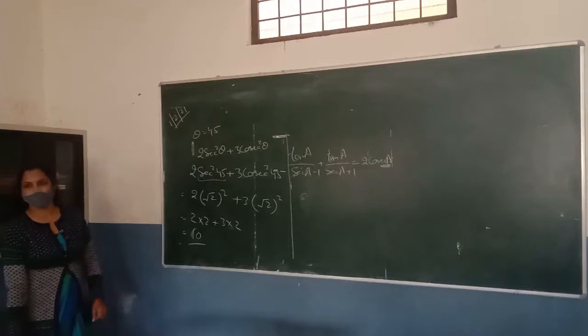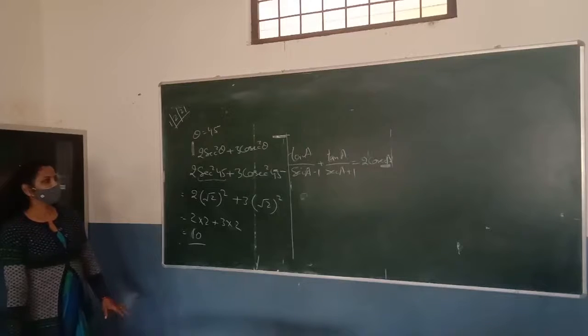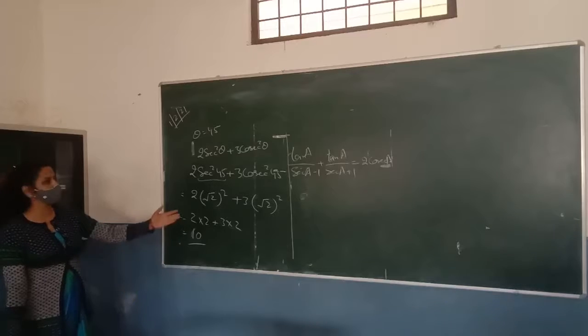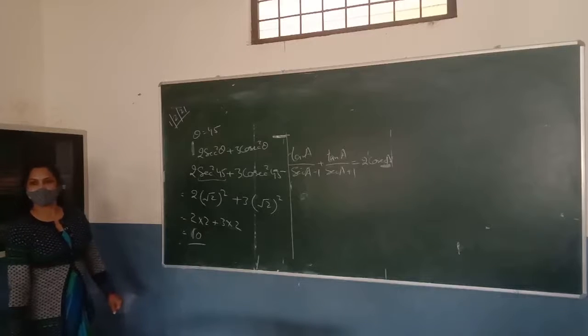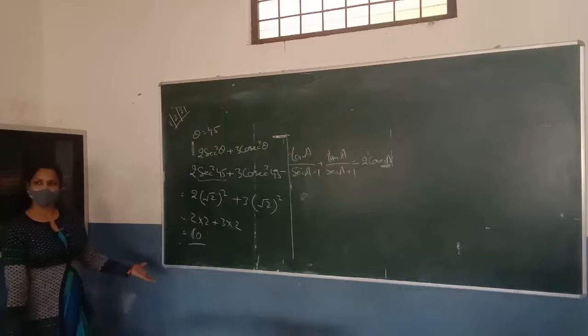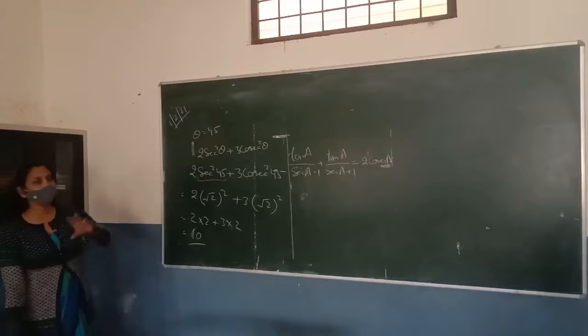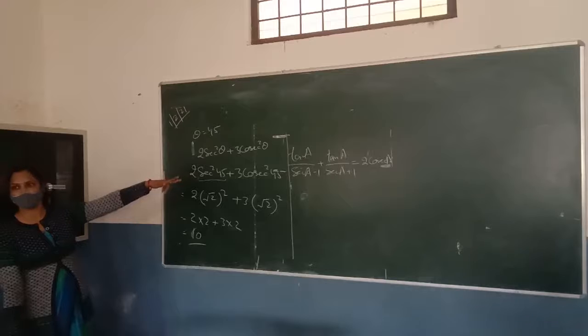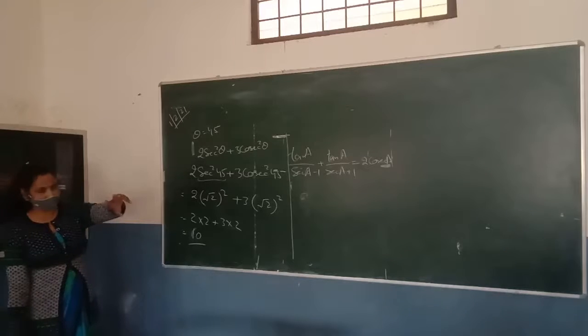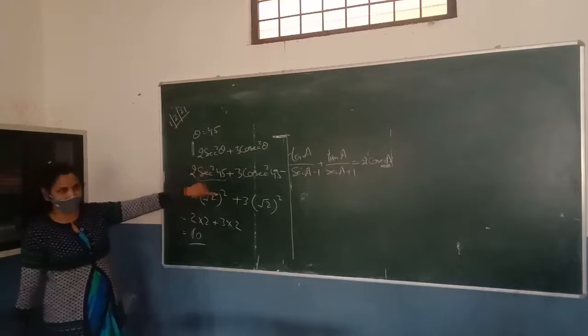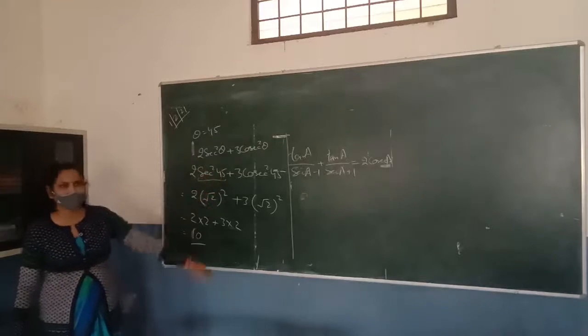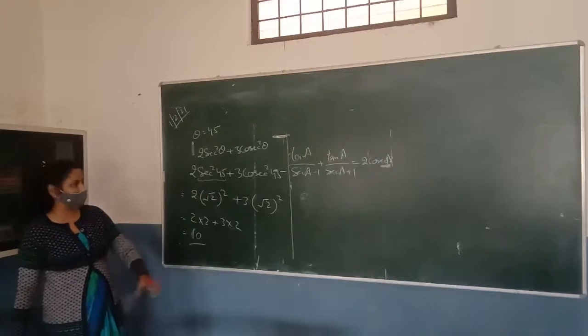Mansi: We can use the identity, tan a whole square upon sec a square minus 1. No, how can it say tan square? It is tan a. Daisy: And we can put sec as 1 upon cos theta. No. According to Nitin, Nitin, you were correct. We can convert it into sin and cos and then we can solve it. But it will become lengthy. So that's why I'm not going to ask you this question.